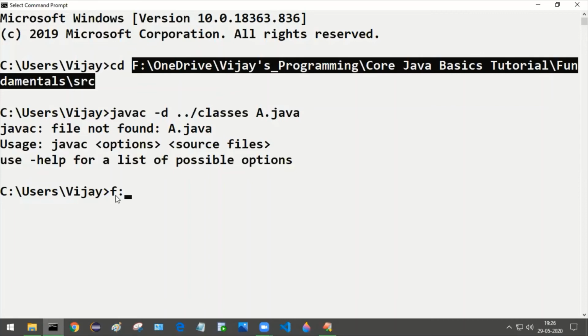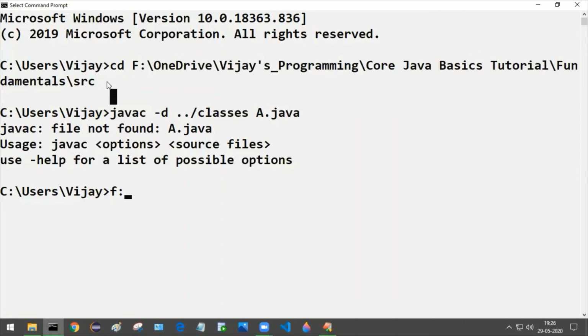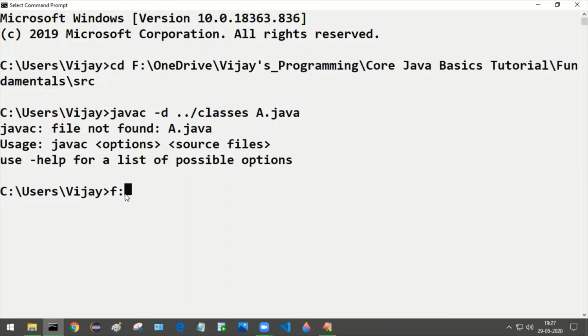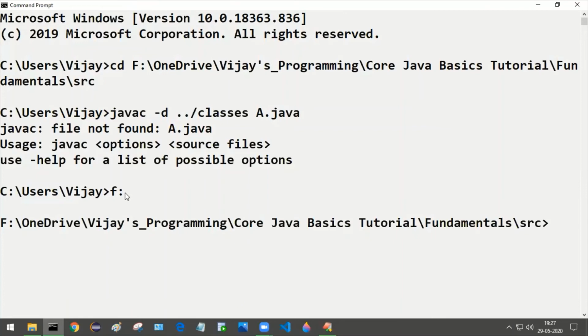So right after the cd command and the path, the next thing you need to do is give the name of the drive, F followed by a colon. Press enter, and now you can see that we are in the location where our A.java file is available.